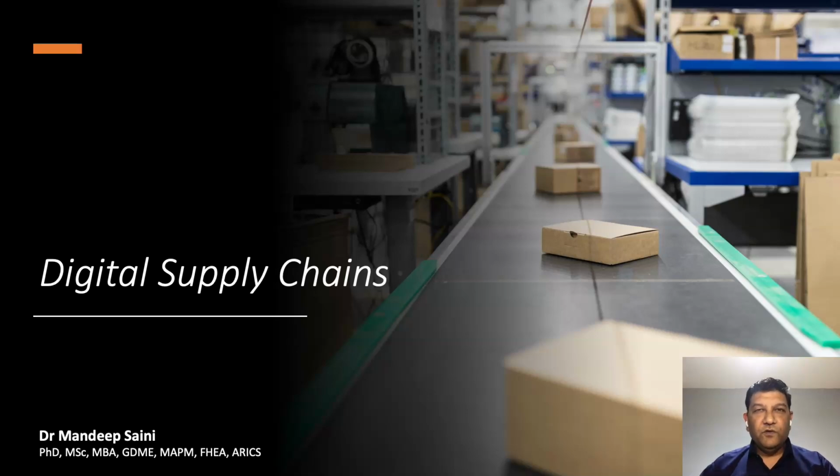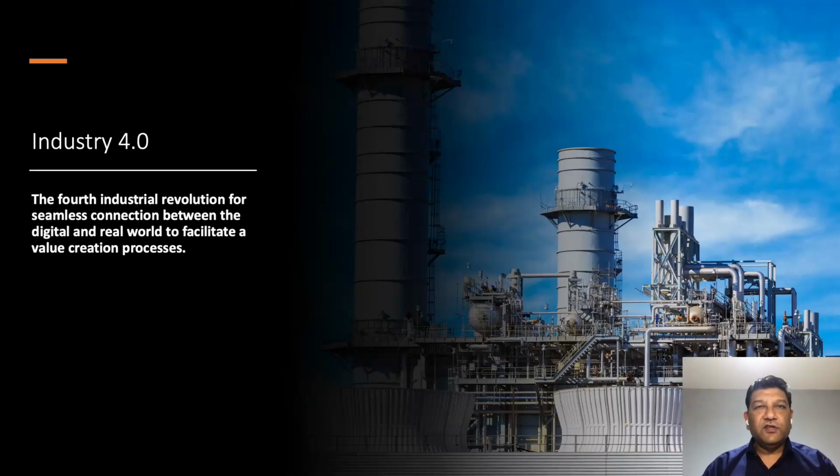But before we move to digital supply chains, we need to understand what is digital technology and what is available for our supply chain. Now, the fourth industrial revolution is offering us a seamless connection between the digital technologies and the real world. And that connection brings us the opportunity to use big data where we can analyze thousands of touch points about our factory setup, about our whole supply chain, and our consumer as well.